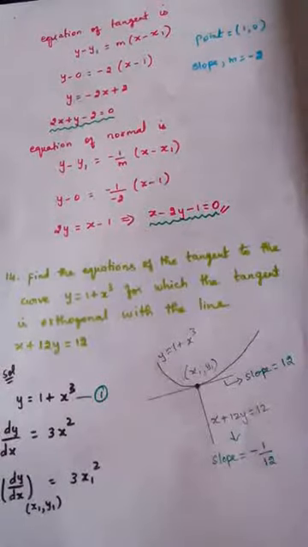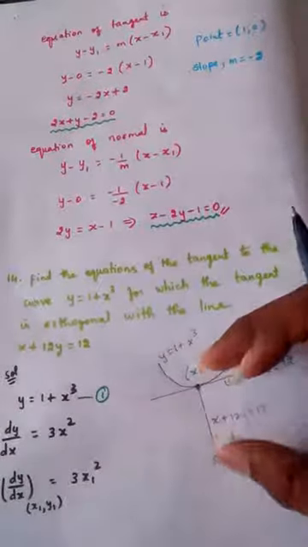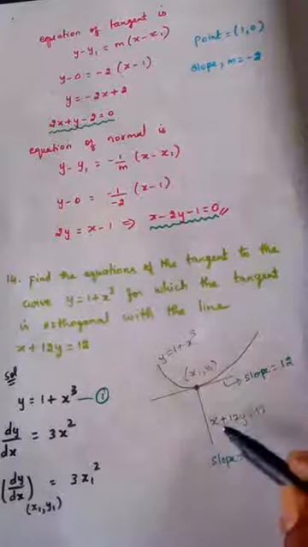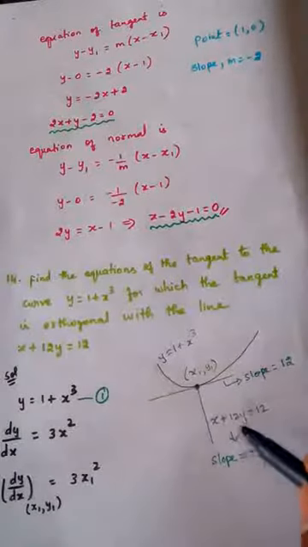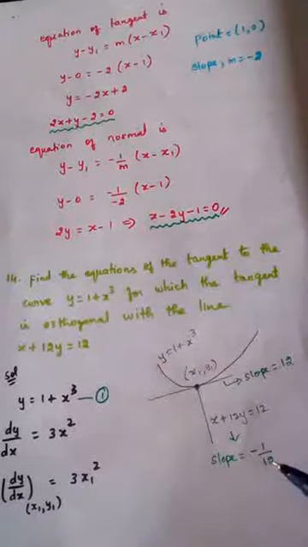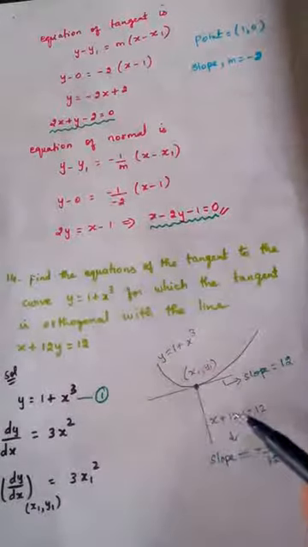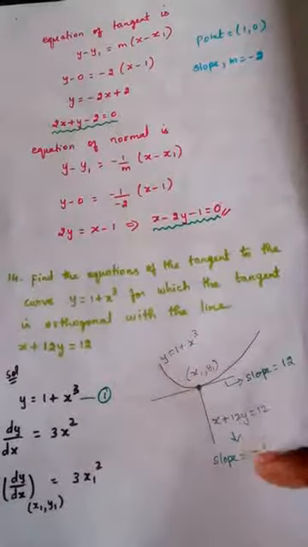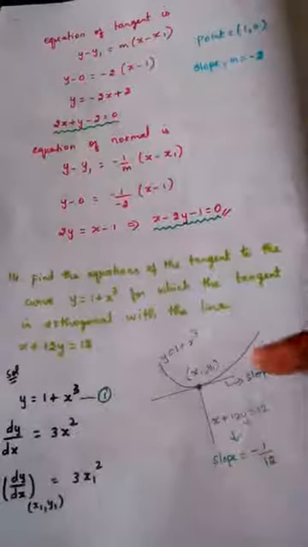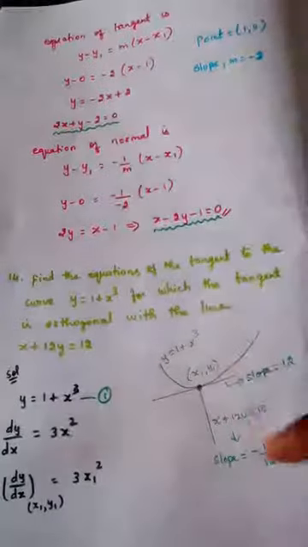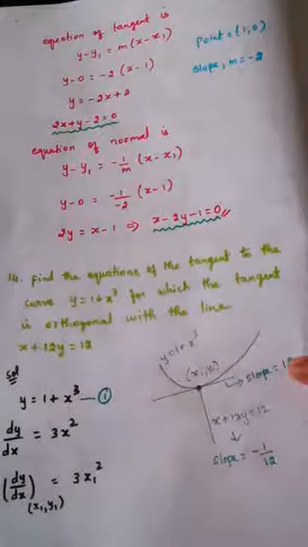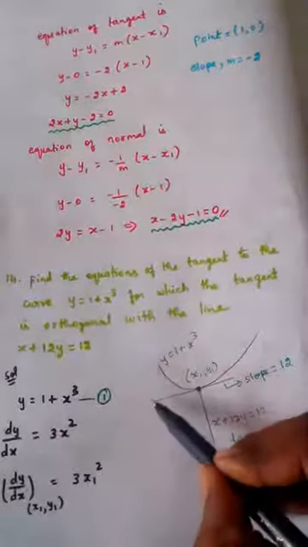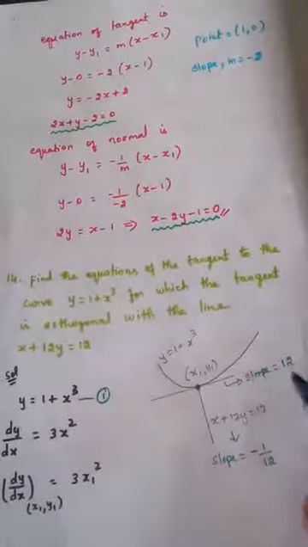So again I am slowly explaining the diagram. If the diagram is understood, the problem is understood. Again I am telling, this is the perpendicular line. By simply seeing this, we can write the slope as minus 1 by 12 using the formula minus coefficient of x by coefficient of y. Since these two lines are perpendicular, since I know the slope of this line, I can easily convert and find out the slope of this line. Minus 1 by 12 means reciprocal 12, minus means plus. So now what did we find out? We found out the slope of the tangent. Slope of the tangent is 12.